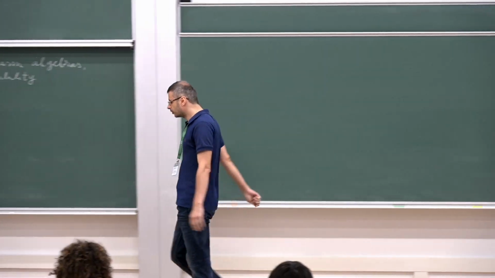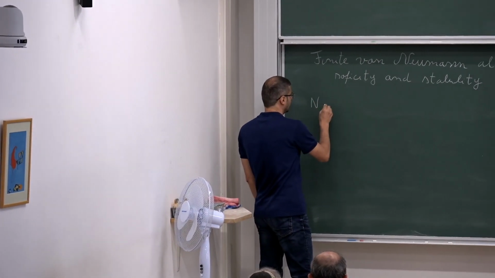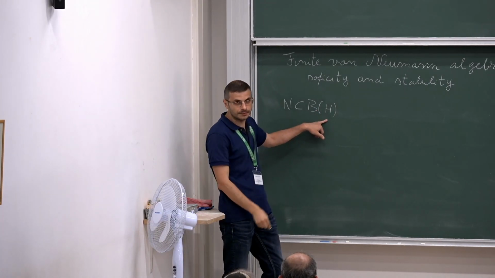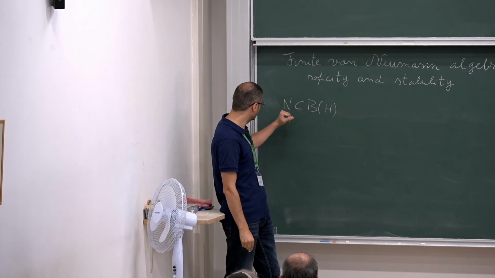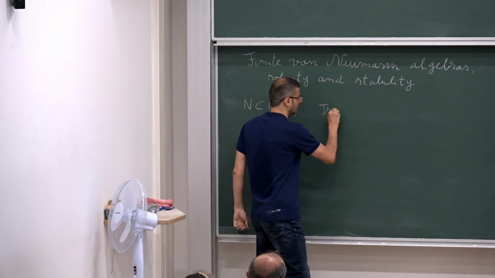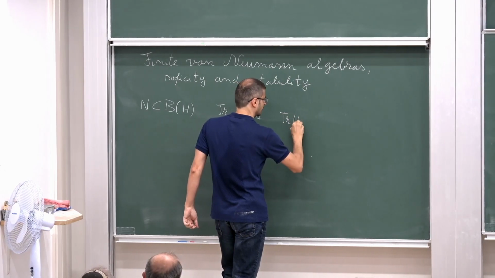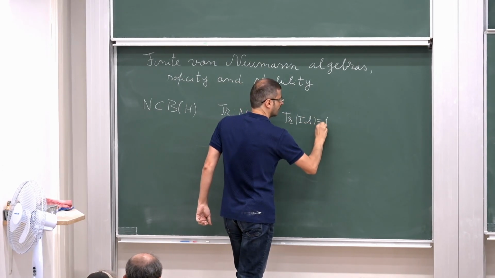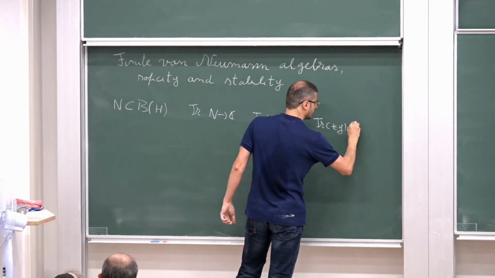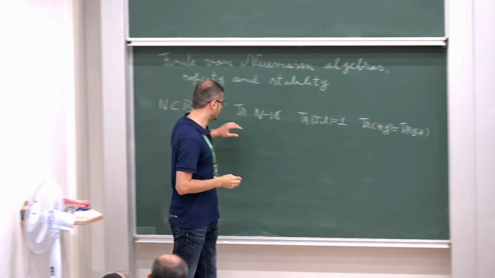So the setting of my talk is finite von Neumann algebras. These are some specific star unital subalgebras in bounded operators on Hilbert space. What will be highly important for us today is that we work only with those that have a trace, a linear functional. Trace of the identity is 1, and we have the trace equation. Trace of xy is equal to trace of yx. So of course I'm skipping a lot of details here.